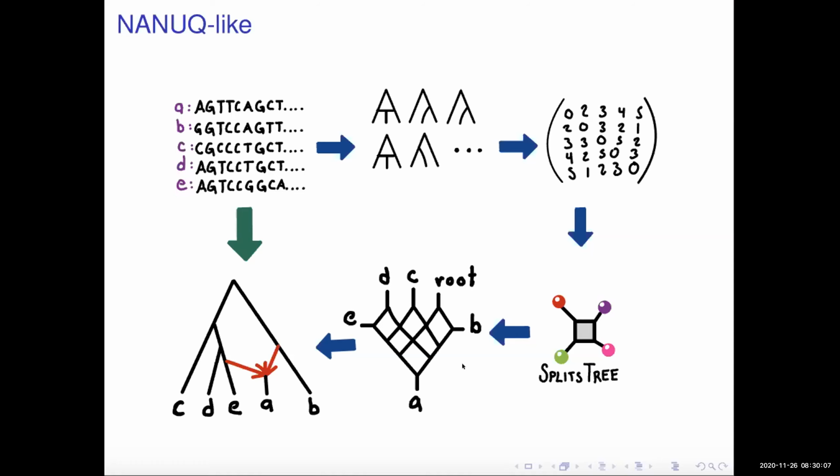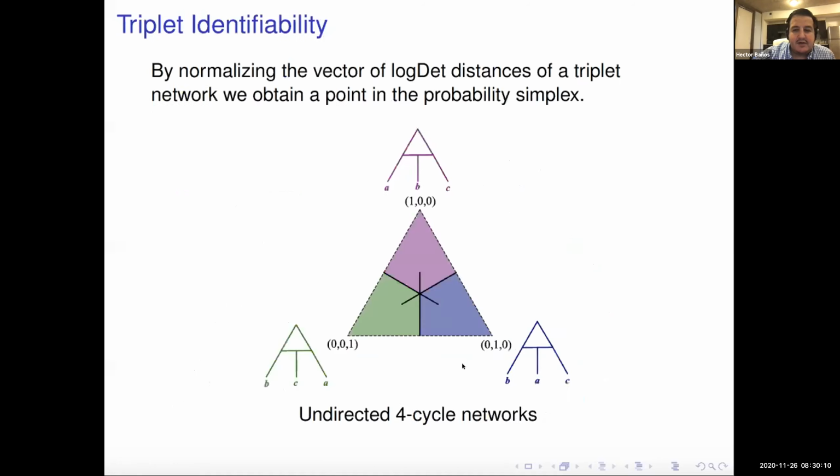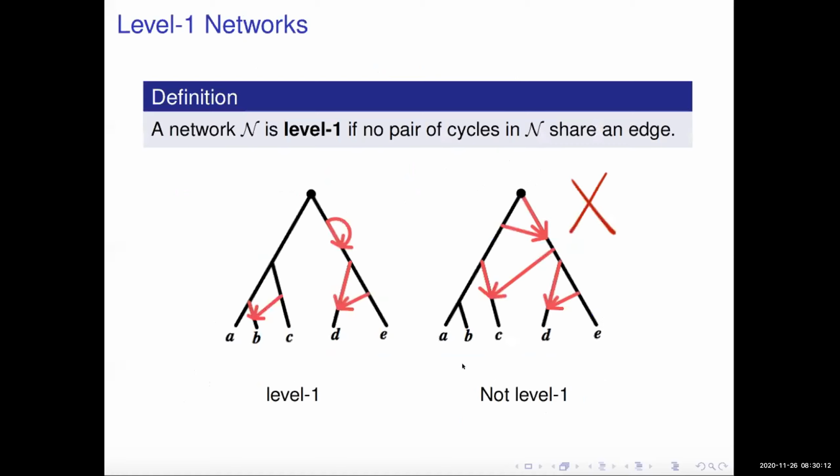I'm just curious, how difficult is it to make a generalization to level 2 networks? Since I'm currently doing level 2 network identifiability, but using phylogenetic invariants. But this is just out of my curiosity. So, sure. Thanks. In terms of a generalization, what I can tell you from what we have worked on so far is that I'm not sure it will be easy to go from level 1 to level 2. But what I think can be done is to go from level 1 to something a bit more general, that maybe is not quite level 2. So in terms of level 2, I'm not sure. I know that there will be some big problems, at least in this case, when you want to go from level 1 to level 2. Does that answer your question?